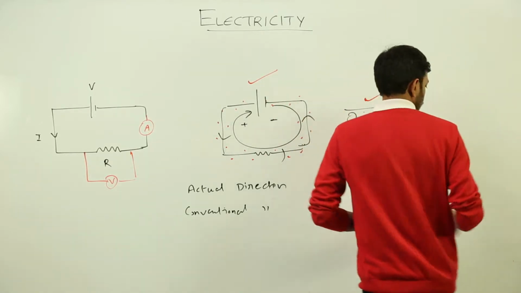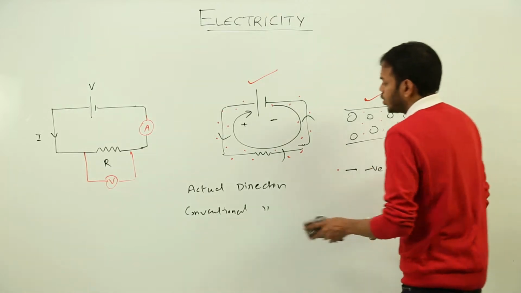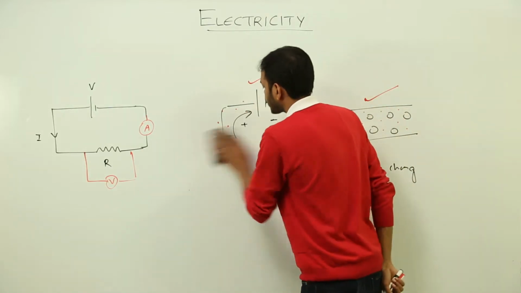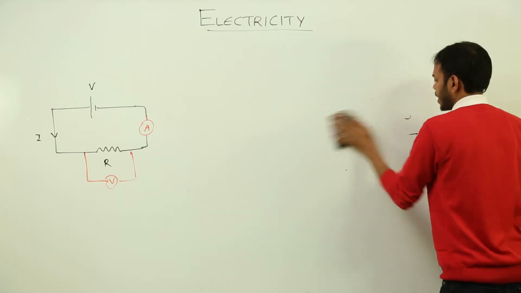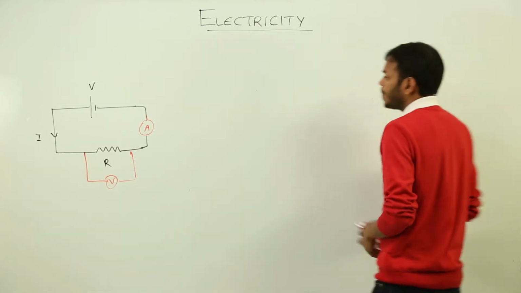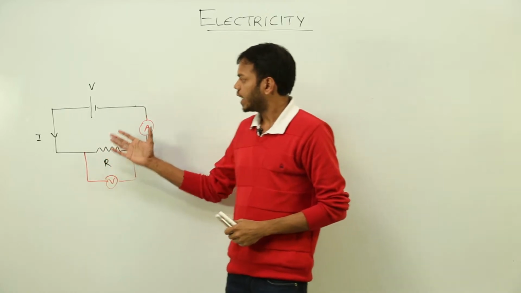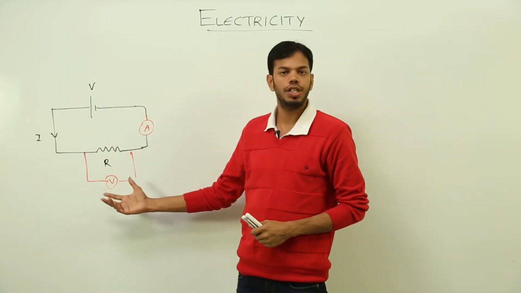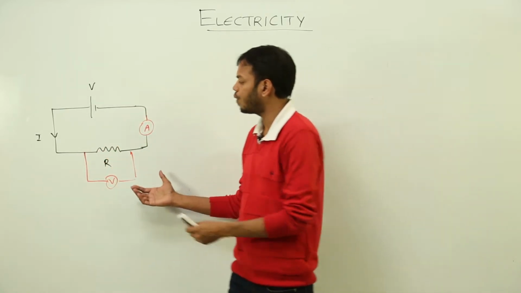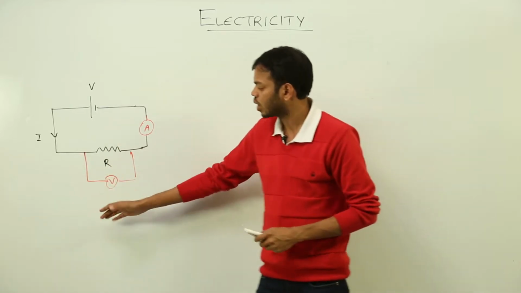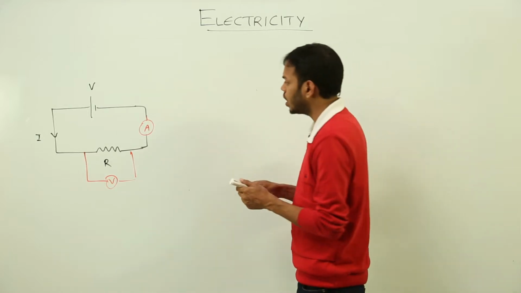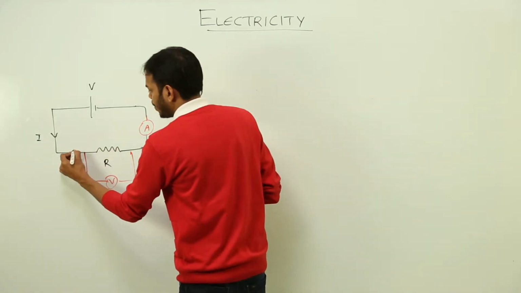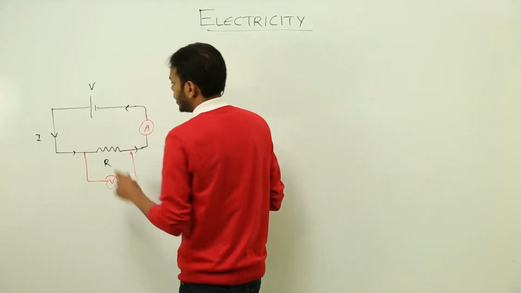Alright. So let me go back to the topic. We have drawn a circuit diagram where I have taken a simple cell, a resistor, and to know the value of voltage supplied to this resistor, I took a voltmeter. To know the value of current flowing in this circuit, I took an ammeter, right? Now that point is clear. Now,